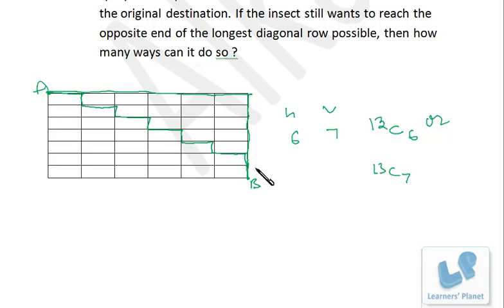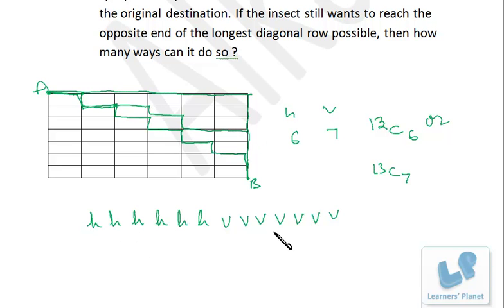Other ways, what you can do, see whatever the path, the person has to move from A to B. He is taking 6 horizontal steps, 1, 2, 3, 4, 5, 6 and 7 vertical steps, 1, 2, 3, 4, 5, 6, 7, right? Maybe the order of horizontal and vertical can be changed. You can see horizontal, vertical, horizontal, vertical, horizontal, vertical, and finally horizontal, vertical, vertical, right? Then horizontal, horizontal, horizontal, horizontal, horizontal, horizontal, vertical, vertical, vertical. Maybe the order can be this way also.